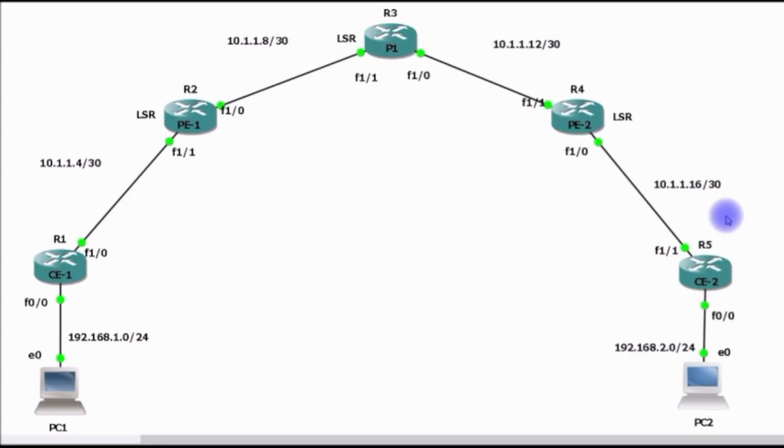And then we're going to enable CEF. Remember, CEF is where the forwarding information base gets created in the IP data plane. After we enable CEF, we'll enable MPLS using the Label Distribution Protocol, which is LDP. Which creates what? The label information base. It keeps a database, if you will, of all the labels